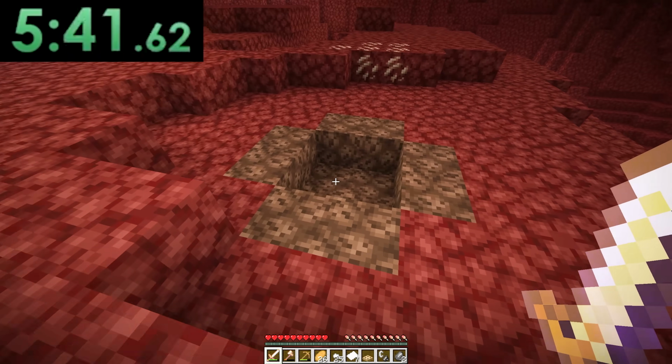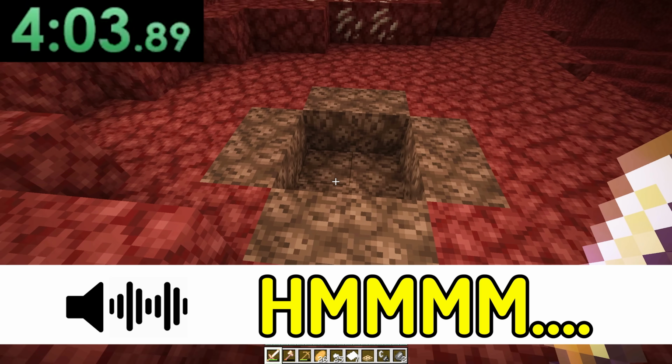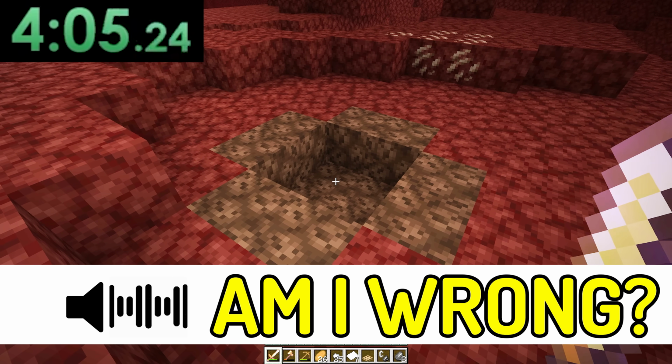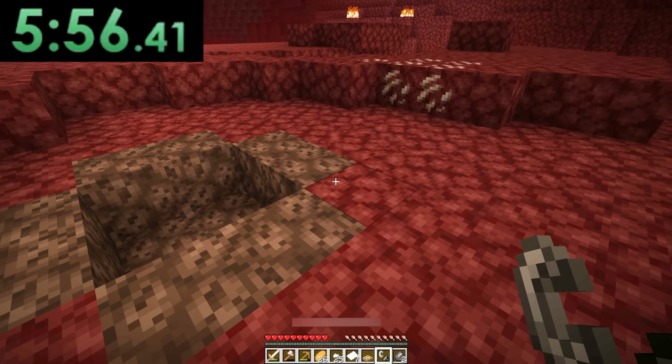But on his way, the runner gets distracted by this incredibly suspicious bit of soul sand on the ground. "Huh, this soul sand looks kinda interesting. Am I wrong?" Well, the runner decides to pull out some flint and steel, where he slowly makes his way towards it. And that's when...